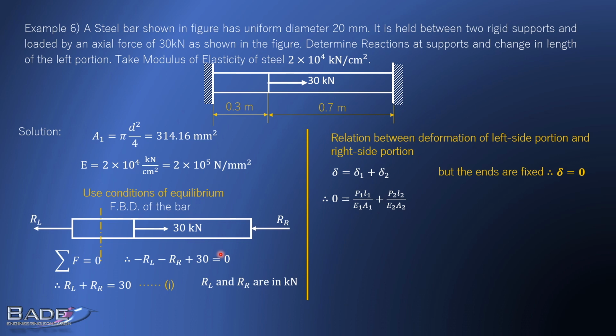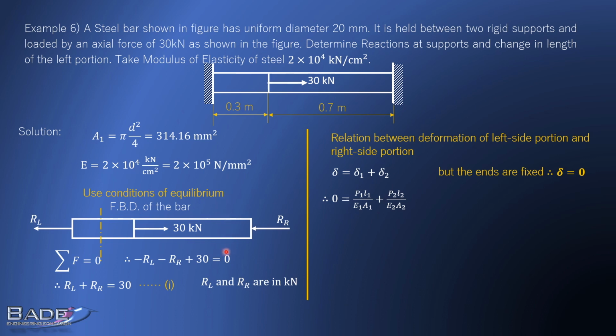But listen, we don't want to bring the two unknowns in this equation. Bring only one unknown in this equation and it's possible. Try to understand. We can add forces on any one side. So let's add forces on the left hand side. So what is force on this cross section? RL pull and 30 push. So RL pull is positive. So RL minus 30. So total force on this cross section is RL minus 30.